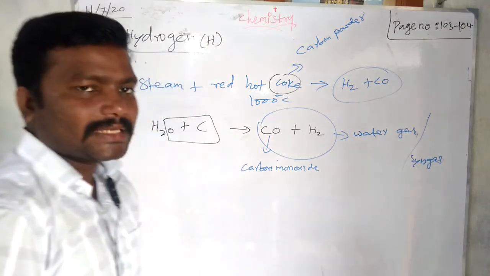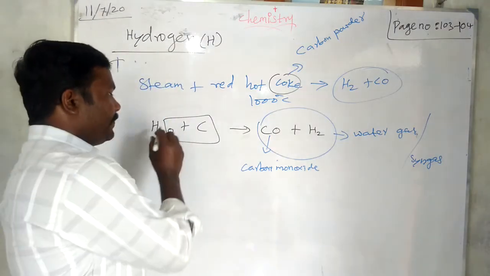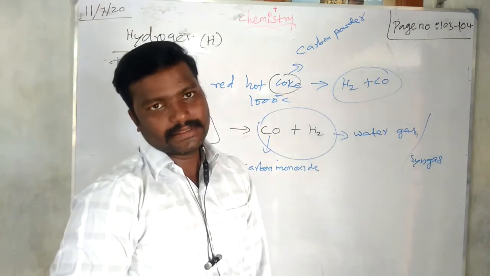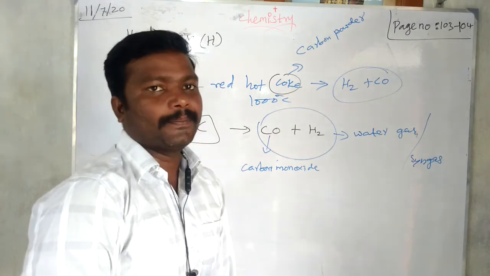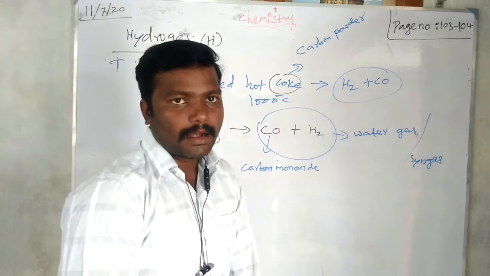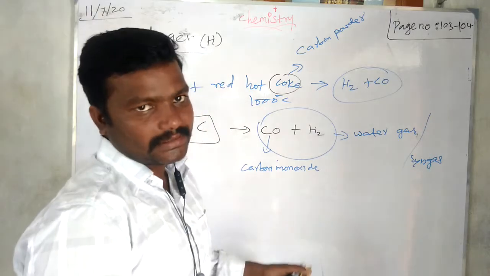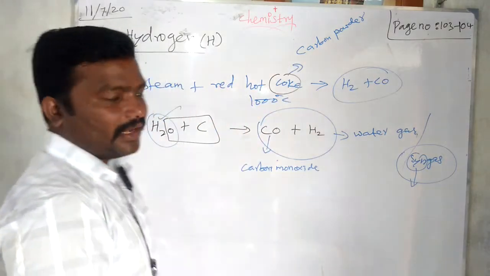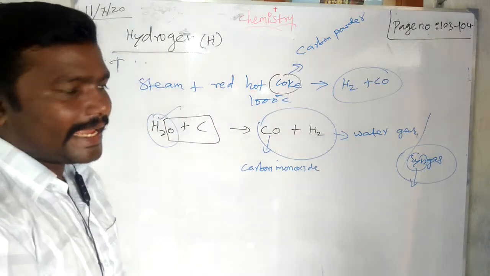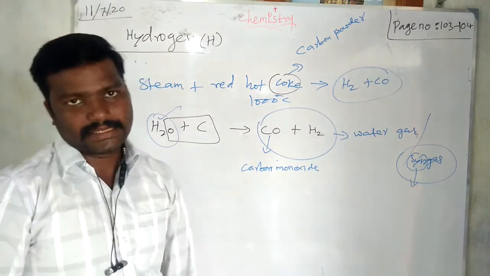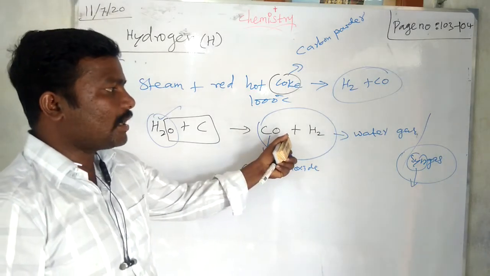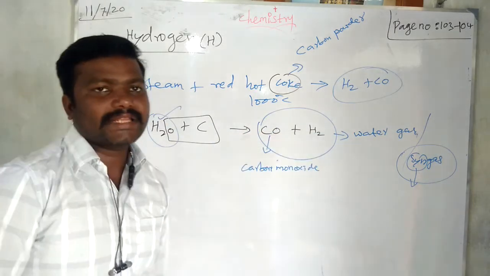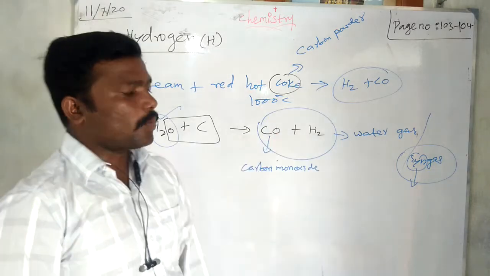What do you mean water gas or syngas? See, here we are preparing the gas by using the water. So we can call it water gas. This reaction is called water gas reaction. Here synthetically or artificially we are preparing these gases. That's why this is called syngas. Syn means synthetic, artificial. We are preparing synthetic gases. That's why that is called a syngas, right? Which one is called a syngas or water gas? CO and H2. Carbon monoxide with the hydrogen gas mixture is called a syngas or water gas.